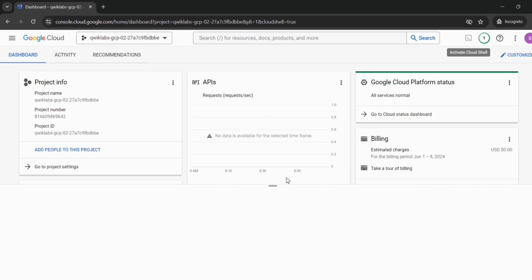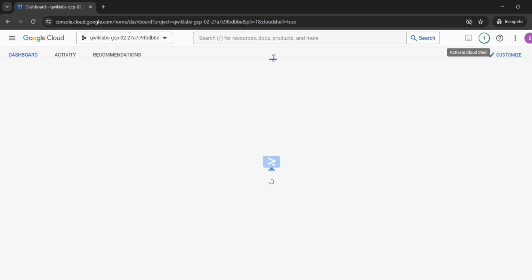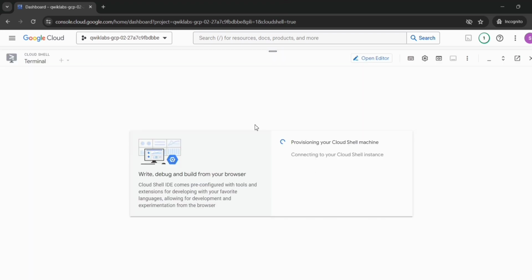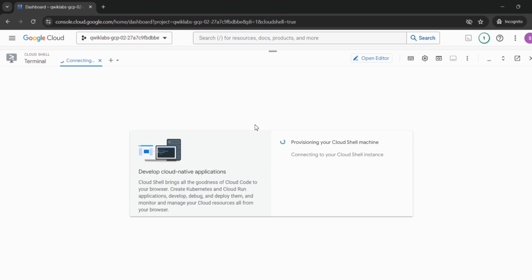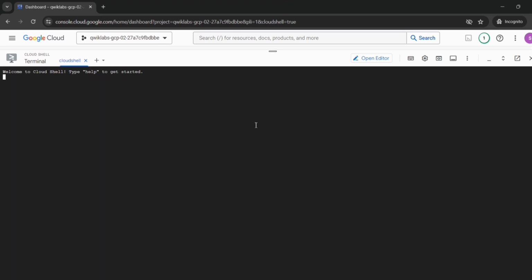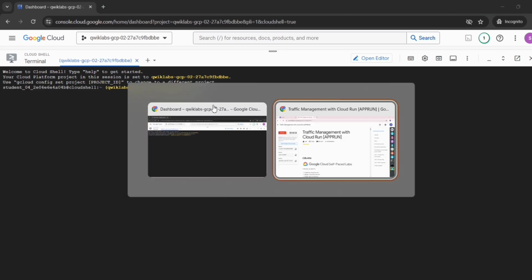So activate the Cloud Shell. Maximize the size. Now go back to the lab instructions.